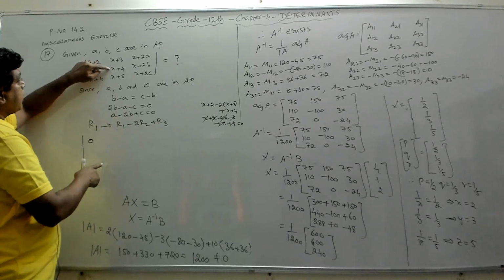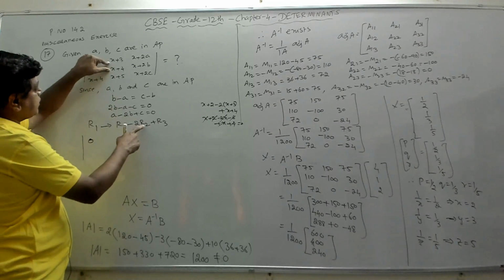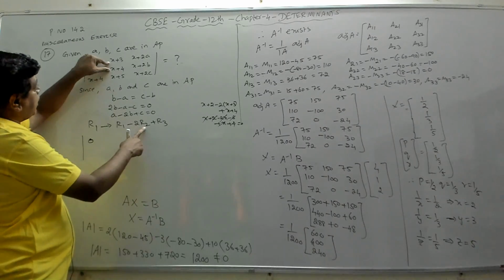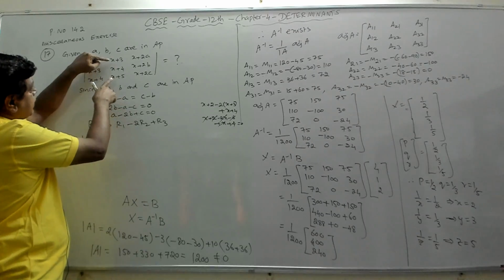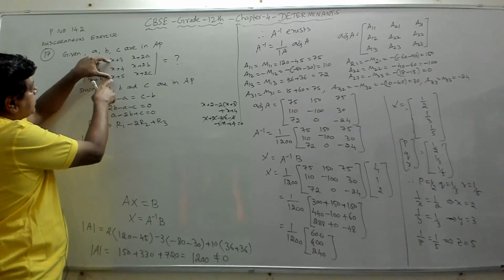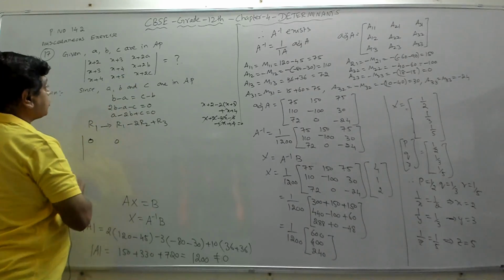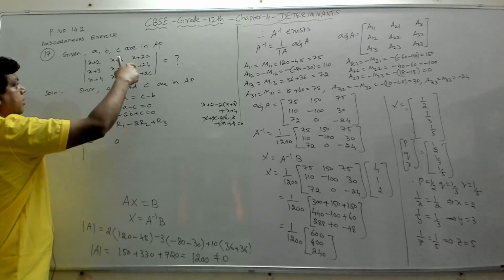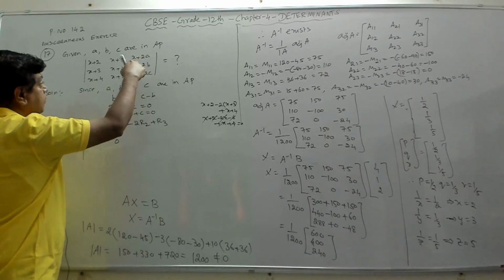Similarly here you will get x plus 3 minus 2x minus 8 plus x plus 5. So x plus x is 2x, minus 2x is 0. 3 plus 5 is 8, 8 minus 8 is 0. This also will become 0. Similarly, if you do this here, you will get x plus 2 times this minus this. So this alone I will do it and show it.